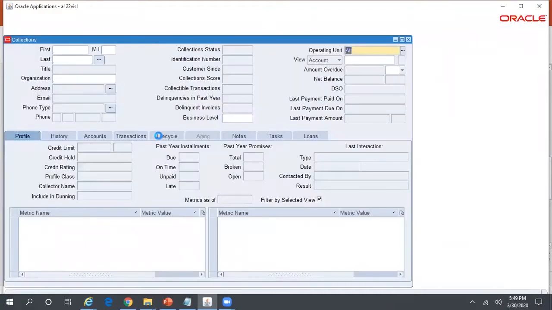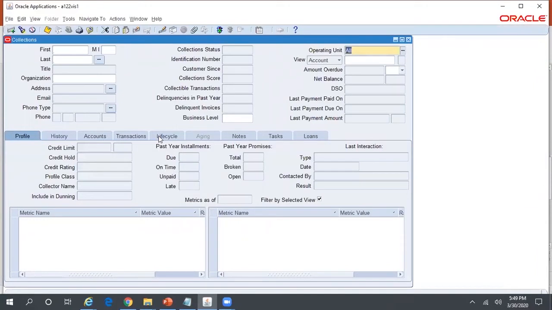As the name itself says, it's a single workbench through which you can access everything related to the customer: his credit limits, the total number of invoices which are due, the history of all the invoices, credit memos, debit memos, payment, DSO, which is the days sales outstanding calculation, and whatever customer interactions you had with the customer, you can store them under your notes or tasks. So everything related to the customer can be stored or seen from this single collections workbench window.